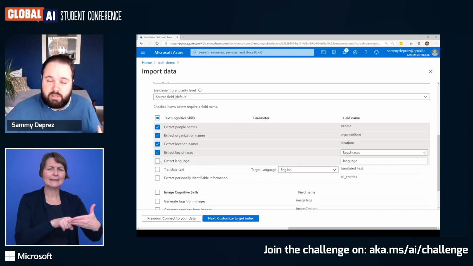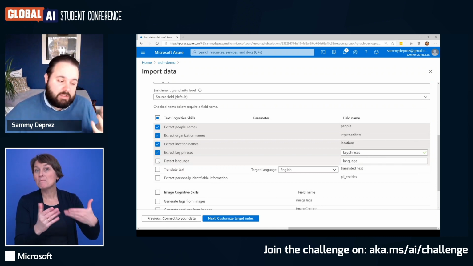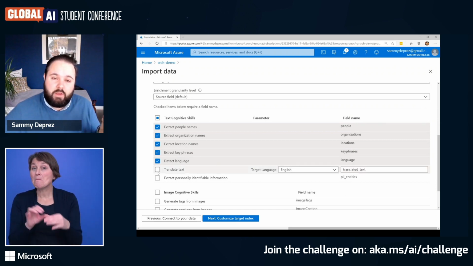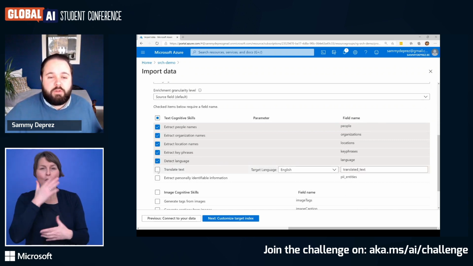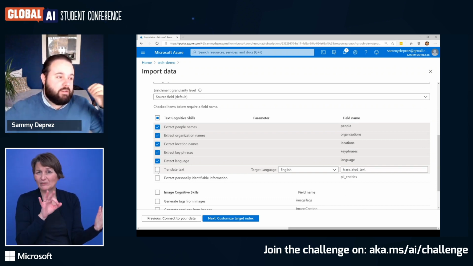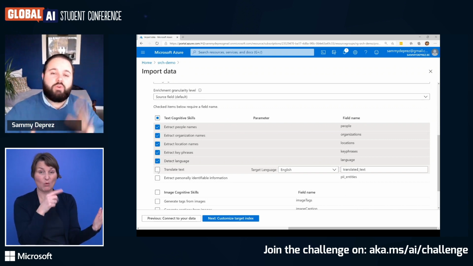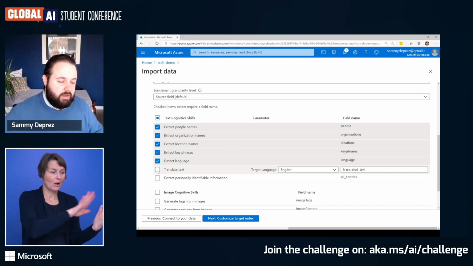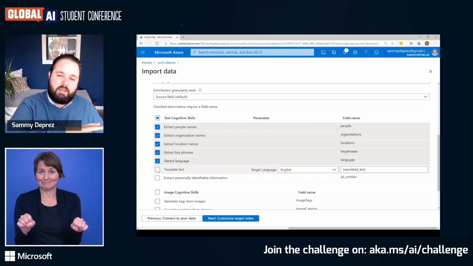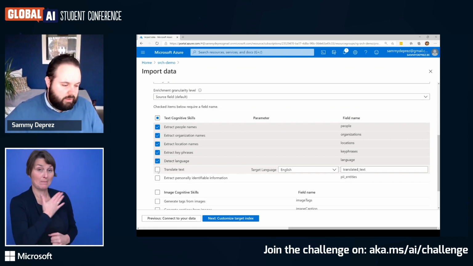It might be interesting to also know in what language the document is written. And based on that, you could use a translation function. Maybe you don't want your documents to be in French and Hindi and Spanish and Flemish and so onwards, but you all want to convert it to English. Now, that's perfectly possible by using the translate text. In my case here in this demo, all my documents are in English, so I don't need to do any translation.